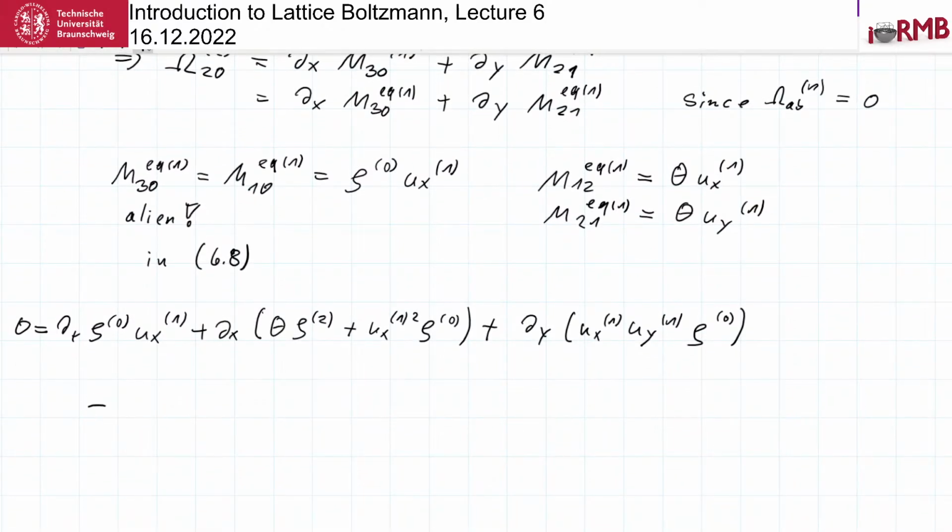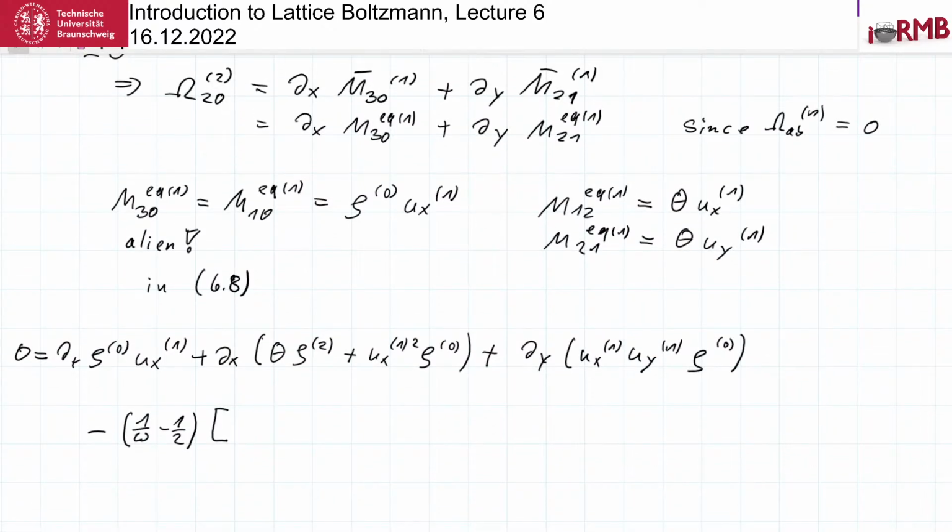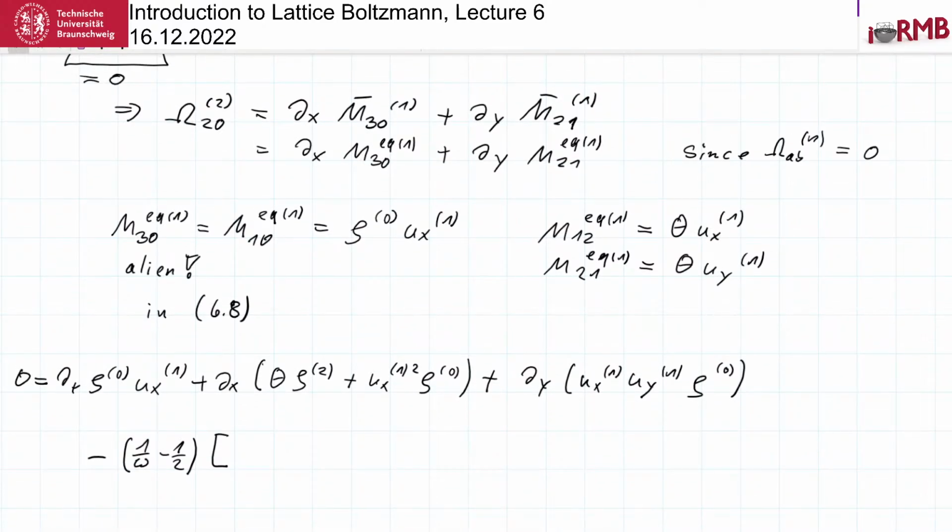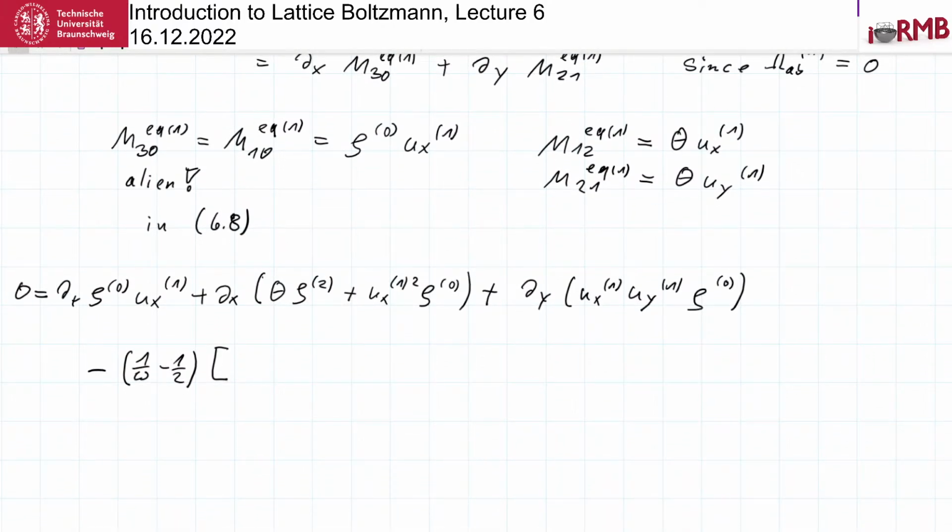We have minus 1 over omega minus 1/2, and what I'm doing here now, so we had the first derivative of this collision operators, which again include a first derivative. So now we get to second derivatives, and now I take the freedom to already arrange them in a convenient